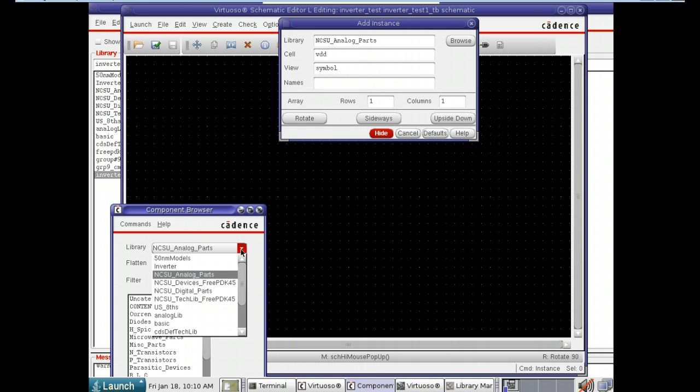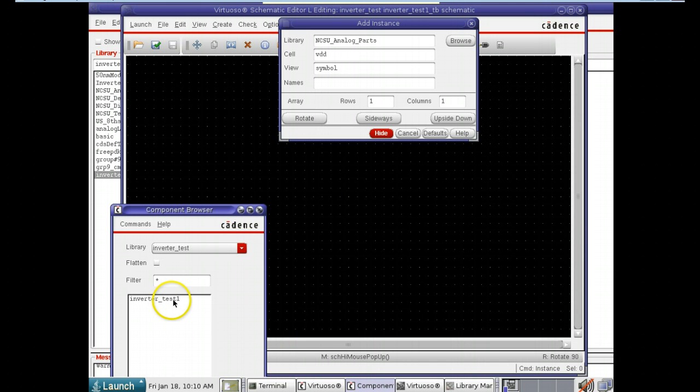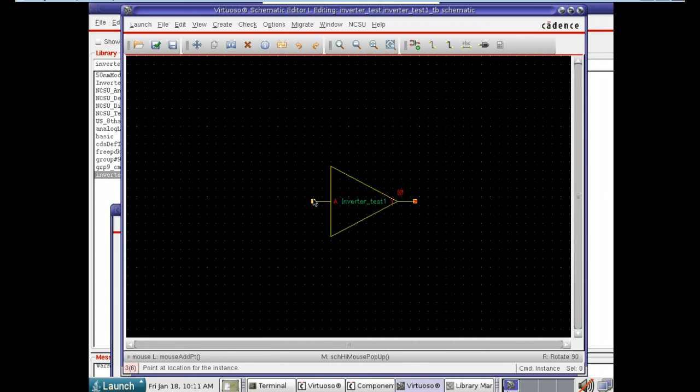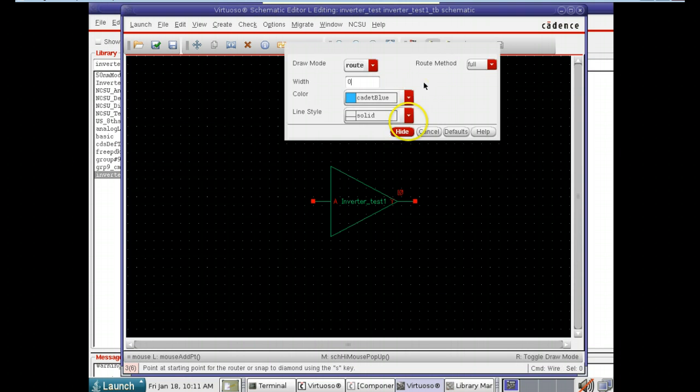Come over here, instead of going to analog parts this time though, we're going to go down to our own library, our inverter test. And now we see inverter underscore test 1, and there you go. That's what we just created. And inside it is our CMOS inverter. Escape. Okay, great. So now let's build a simple circuit here. So first thing we want to do